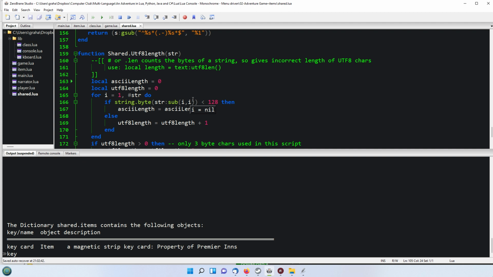So we press F10, and we've got these two local values set to 0. And then we're going to step through a simple for loop between 1 and the length of the string. So this is going to run 4 times because our string is the word item. And then if we press F10, it's going to check whether the substring, or 1 of length 1, the string byte character of that is less than 128. So if I press F10,